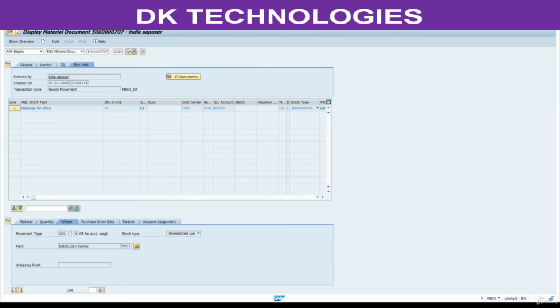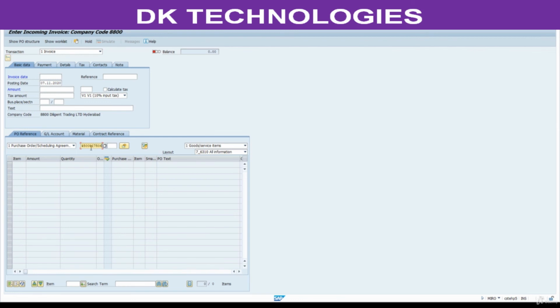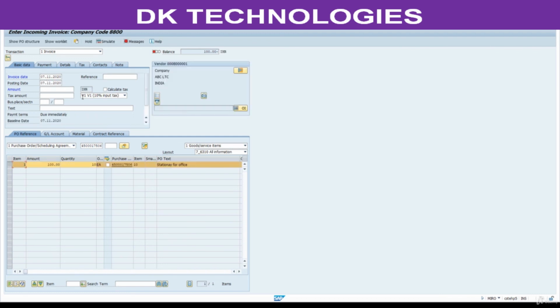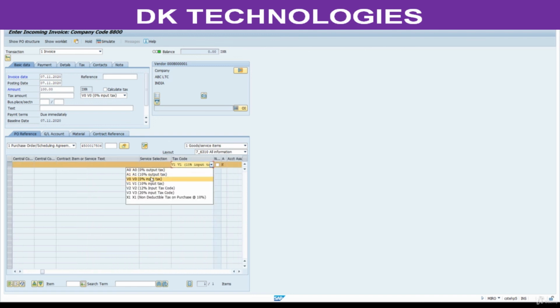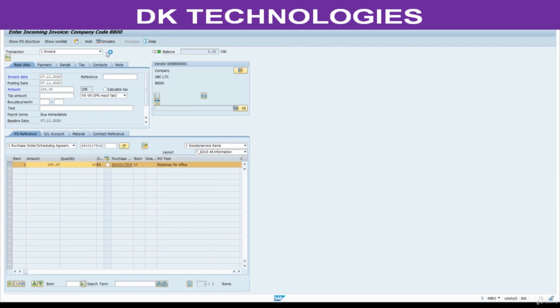Go to MIRO for invoice verification. Paste here. 07/11/2020. Enter value here 100. You can take this from here. Select V0. Ensure line item also V0. Press enter. Simulate.